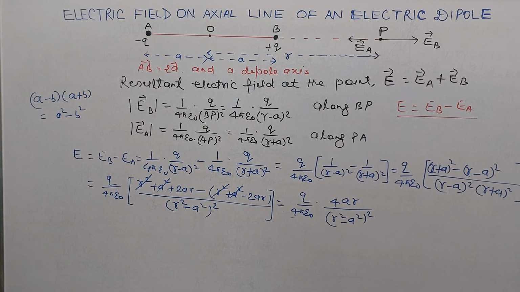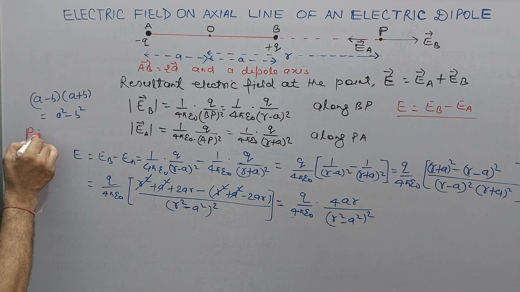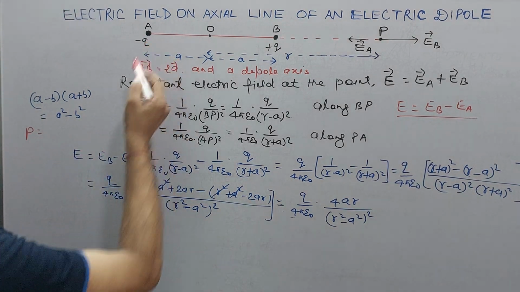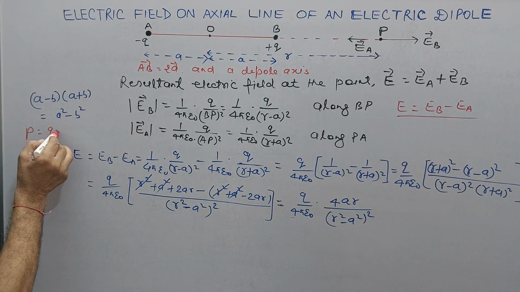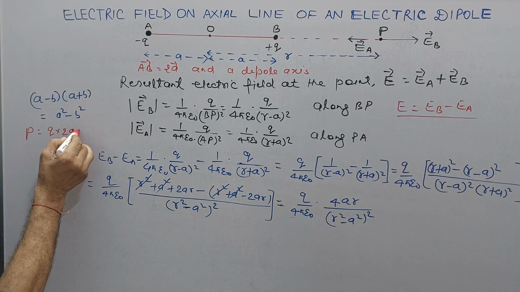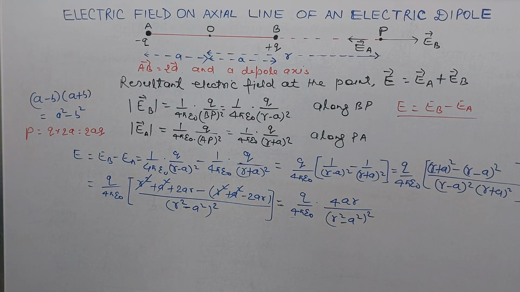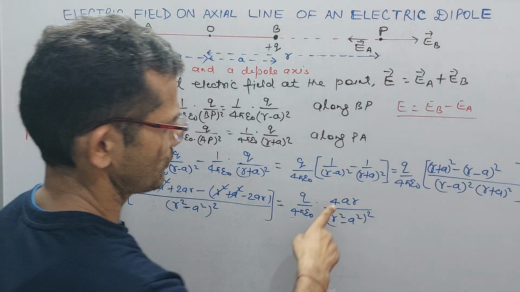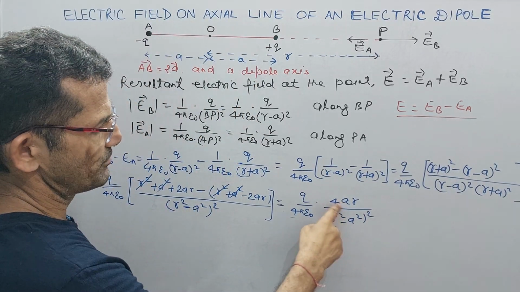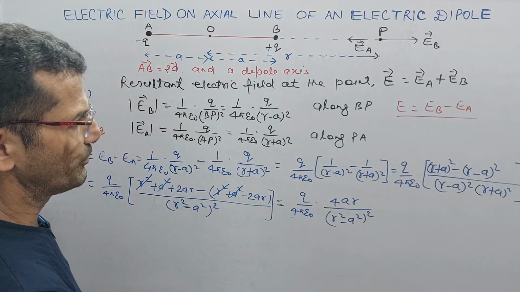So now the next thing is the dipole moment. We know the dipole moment is represented by P. It is the product of either charge and the separation, which means q times 2a. So we place 2aq in place of P. Now here, taking 2a from here, this value becomes